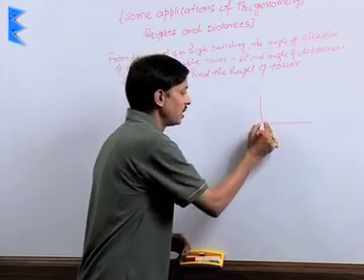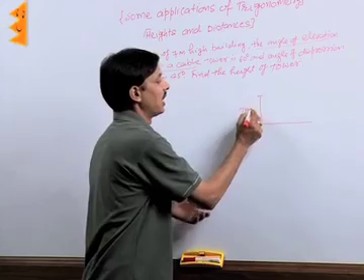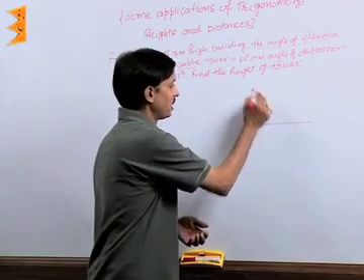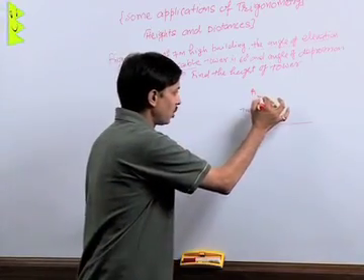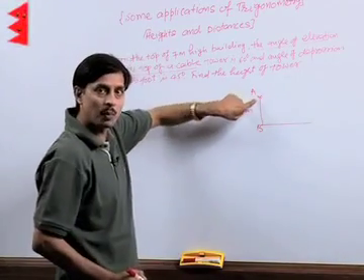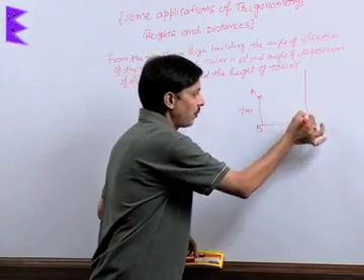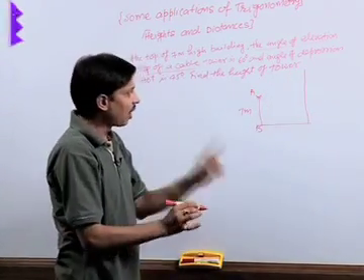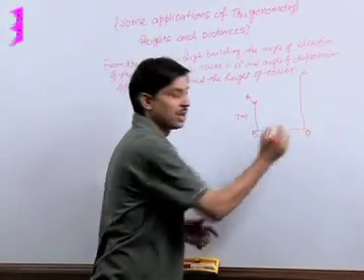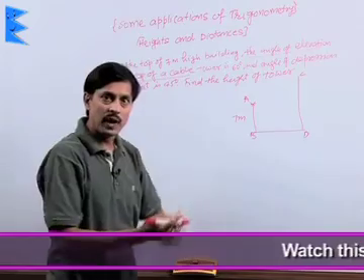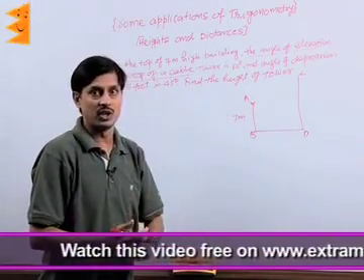So suppose this is the building, 7 meter high. We can say it is AB. AB is the building 7 meter high, and the person or observer is sitting at the top of this 7 meter high building and finds the angle of elevation of a cable tower. Suppose CD is the cable tower, and the observer is calculating the angle of elevation.